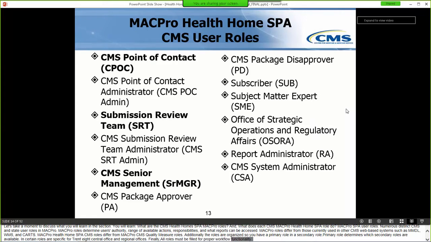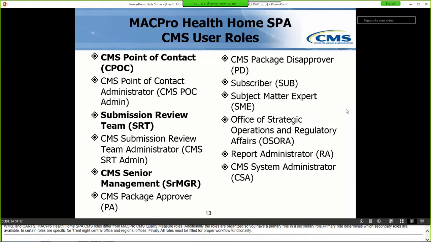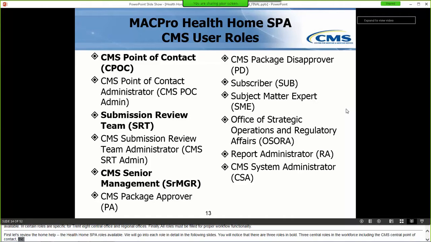First, let's review the Health Home SPA roles available to CMS. This page shows the MACPro user roles, and we will go into each role in detail in the following slides. You'll notice that there are 3 roles in bold. These are the 3 central roles within the CMS workflows, including the CMS point of contact, the submission review team, and CMS senior management. The CMS point of contact, or CPOC, is the person responsible for the review process